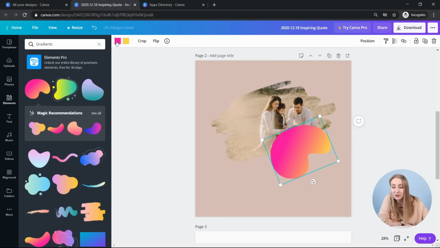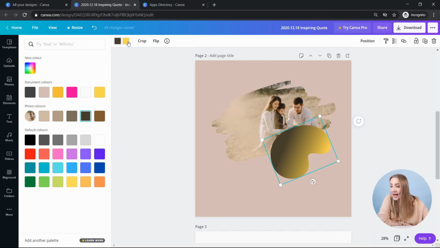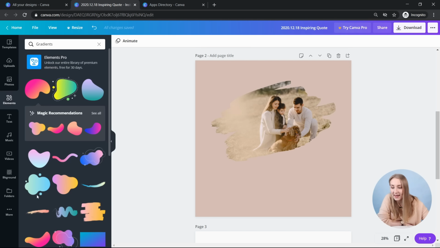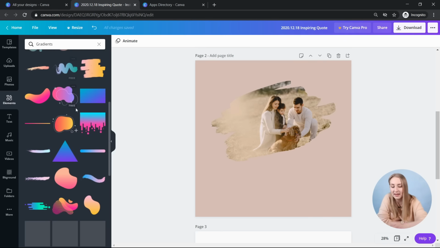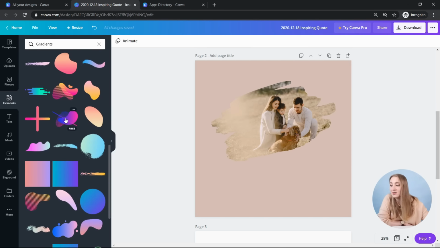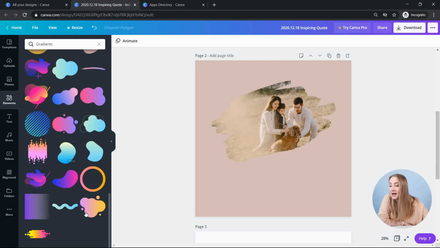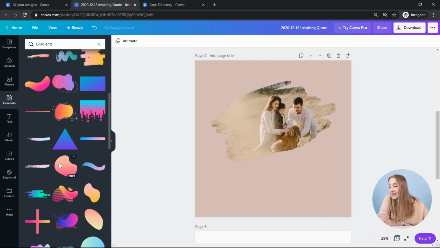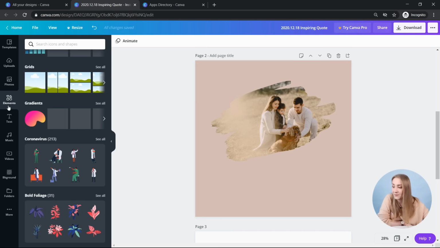If you're trying to make your design a bit more interesting, you can introduce gradients and change their colors, change the different parts of it, and position it in a specific way. It's just a way to make it a bit more interesting for you. They've got tons of different gradients. They're mostly free, I have to say, which is a really cool option. And then they can be used in a plethora of different designs.